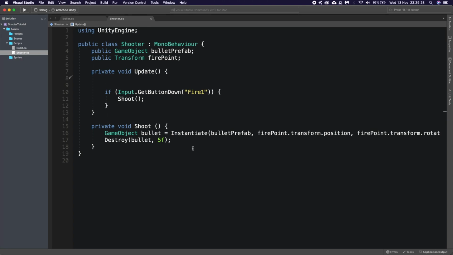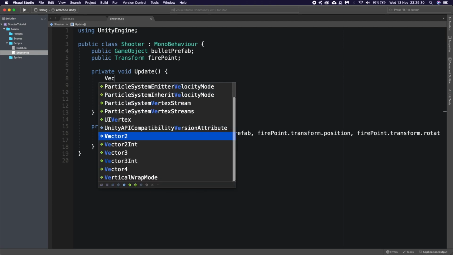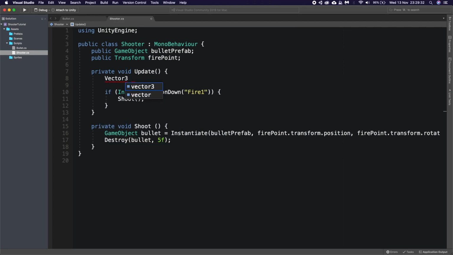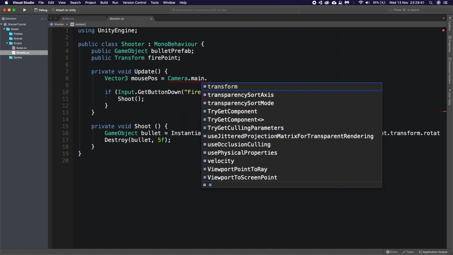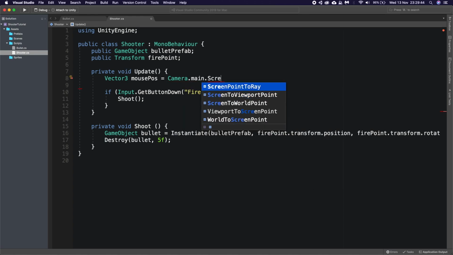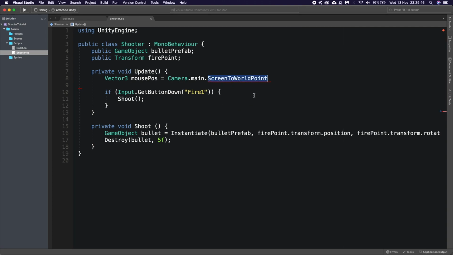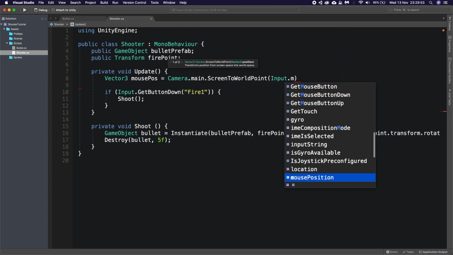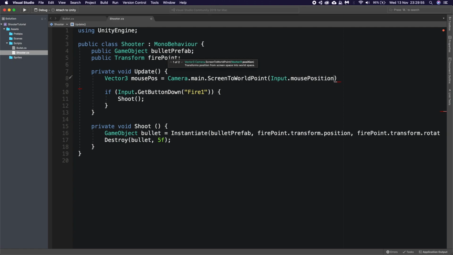We want to say Vector3 mousePos is equal to Camera.main.ScreenToWorldPoint, because when you just get your mouse position, it gives you the pixels. We want it to get the world points. And we're going to say Input.mousePosition, and that is how we get the mouse position as a Vector3 in the world.